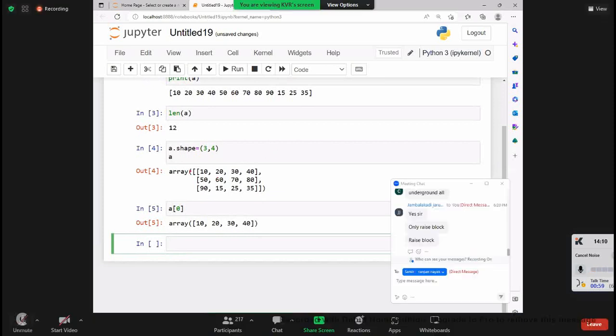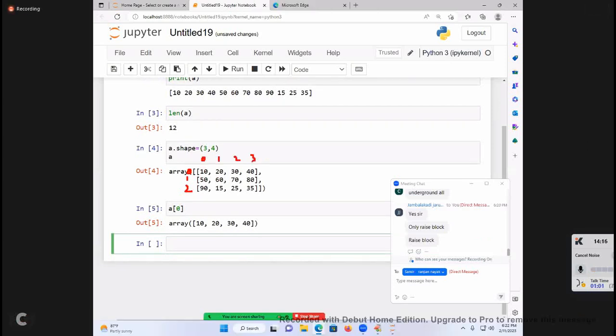If you want to go according to my concept of the ndarray object: rows are there, comma, columns are there, comma, step is there. This is my original print. How many rows do you want? Only one row.